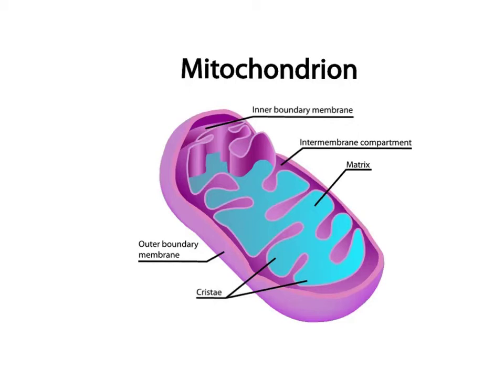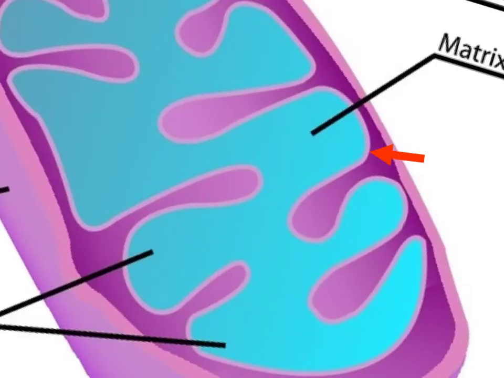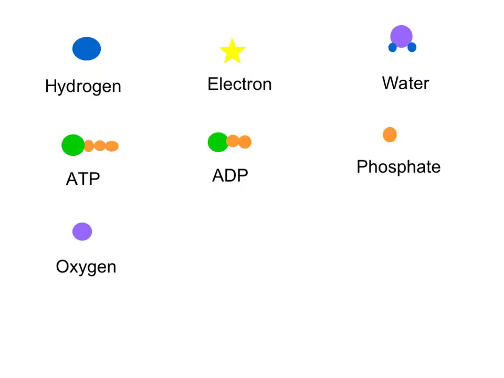In this presentation, we're going to be talking about the production of energy in a cell, which is also known as ATP. The metabolic pathway that we're going to be focusing on is the electron transport chain, which takes place in the inner mitochondrial membrane and also the matrix. These symbols are going to be used in the presentation to represent the following molecules that are involved in the